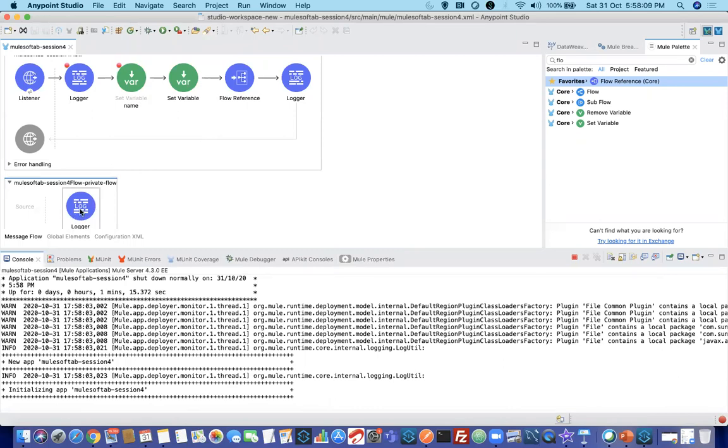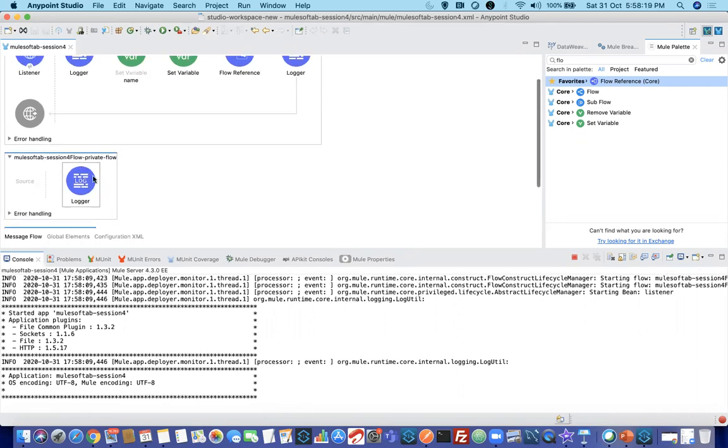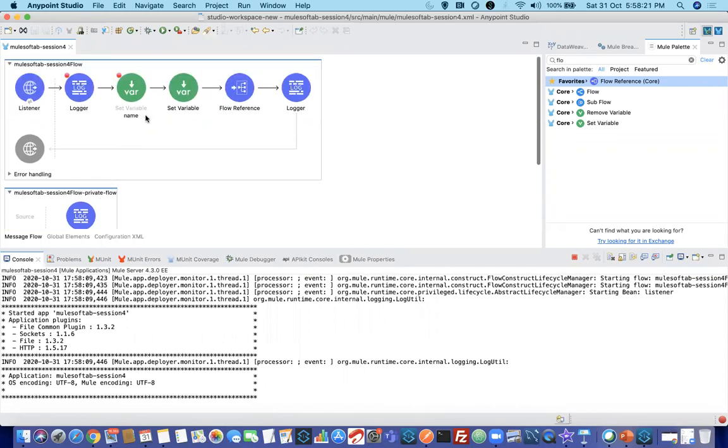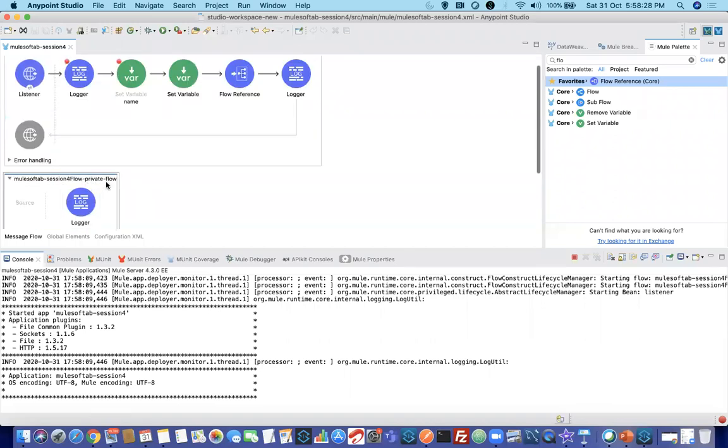Options will be like payload, or payload plus variables, or payload plus variables plus attributes. What are the values that are accessible in this child flow? We'll call this a child flow because this is the main flow. Main flow is something which has a source to listen, and whatever you are calling, the other things are called child flow or private flow, right?